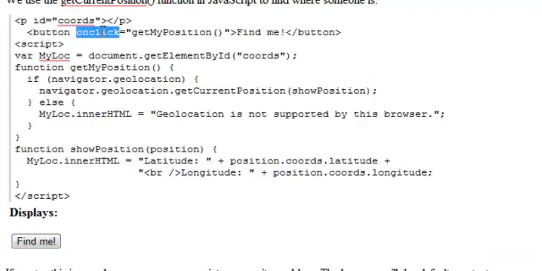We have our button, on click, and on click it gets my position. Now remember when we on click something, it calls a function in JavaScript. So let's look at our functions. We have getMyPosition and showPosition. And then we just have our text inside our button, and our button shows up as Find Me. So we have a variable, myLoc, or my location, that gets the coordinates ID, which is our paragraph,